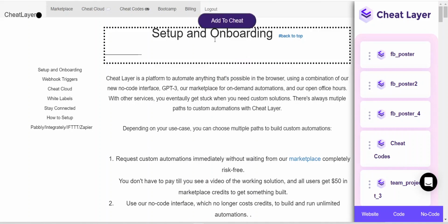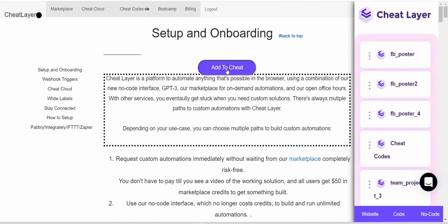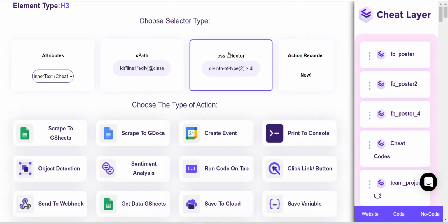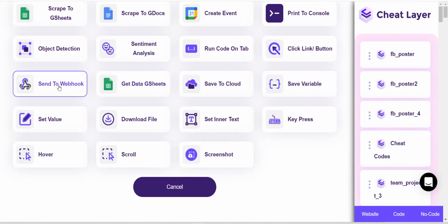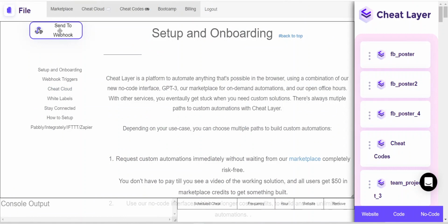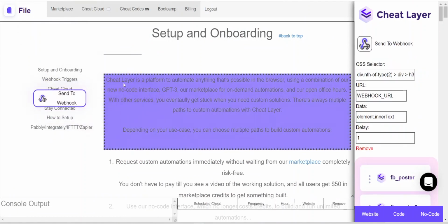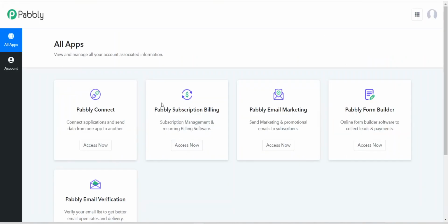All you have to do is hover over whatever you want to scrape on the page and click Add to Cheat. It defaults to CSS Selector now, so you don't need to change that. And we click Send to Webhook. Okay, and then when you click this no-code module, it highlights what we're scraping, and it's going to ask for a webhook URL here. So then we go to Pabbly,